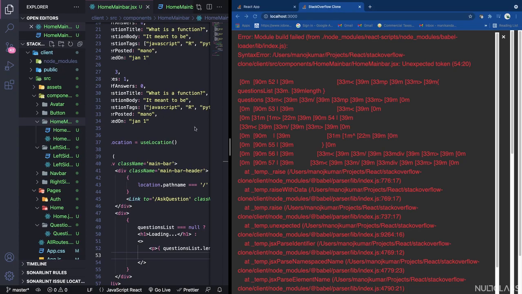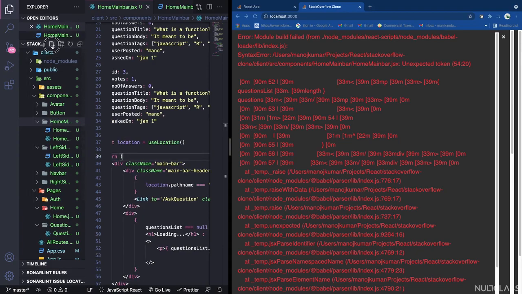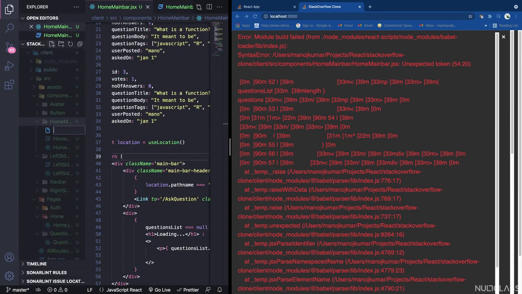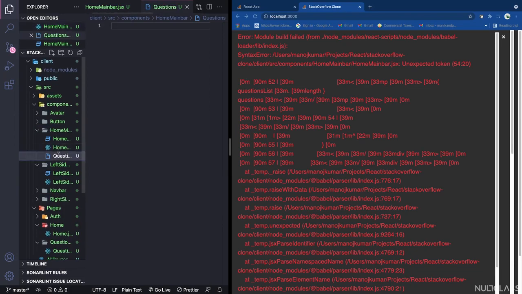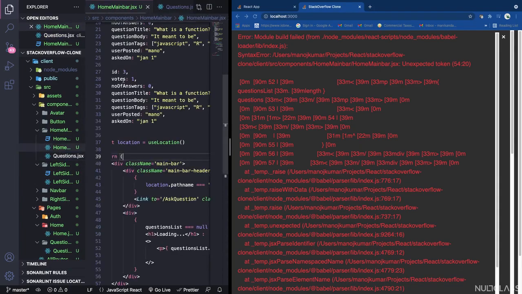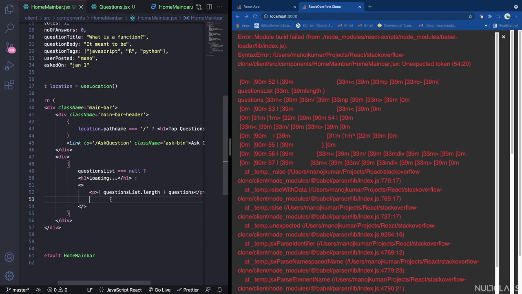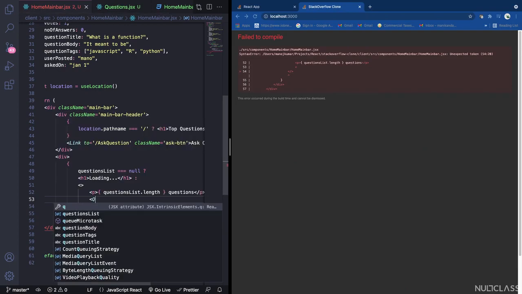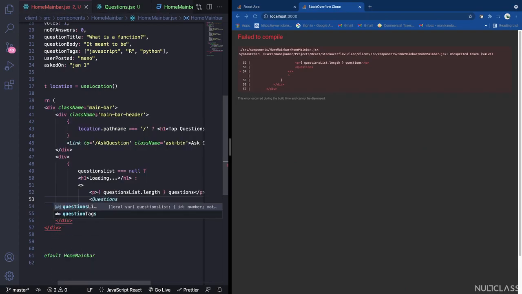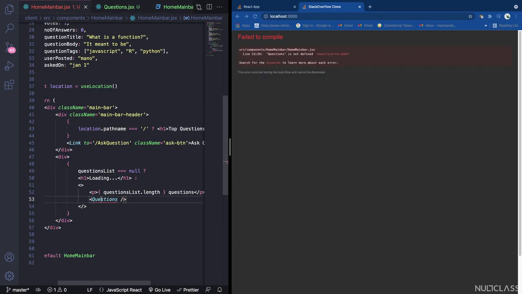So where I have left, so we have to create a component called questions here. So we will just create that, and sorry, in that we will just have a JSX, right? So then now here we will have to loop through that particular question, and that question is going to be questions. So what's the, yes, it is question. It's going to be a component. So let me just